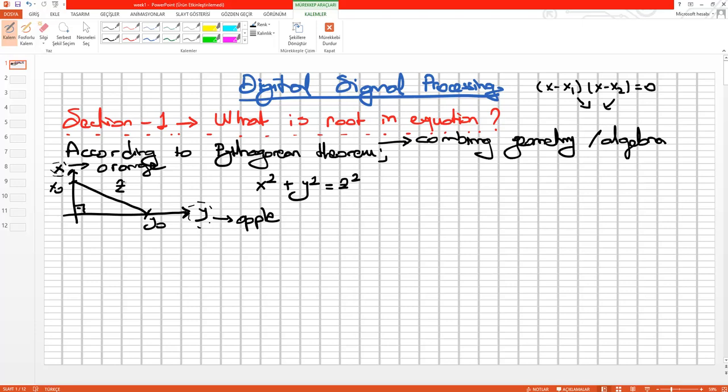Okay. Just like the Democritus notion, because everything consists of atoms, right? It was philosophical thinking at this age, but now this is a physical or scientific fact, right? But in the previous age, he thought that we can build some essence to create objects like humans or orange or apple. Okay. And so this theorem proves that we can represent everything, every object, in the mathematical domain with the notion of geometry.